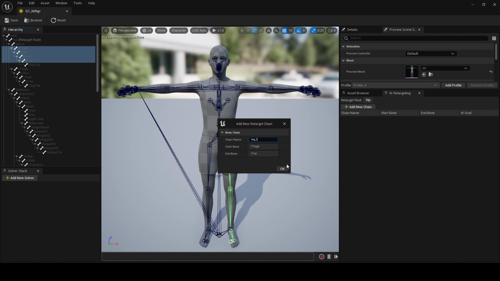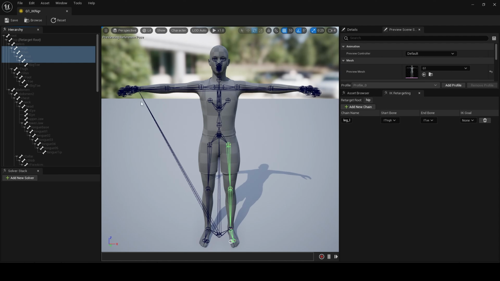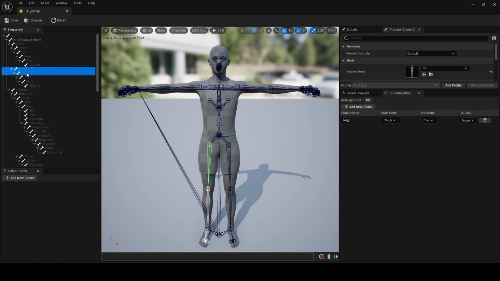You can name these whatever you want, but what I will suggest is that from IK rig to IK rig, you keep the naming convention. So for example, if I'm building one for a MetaHuman, I will keep the name Leg L for a MetaHuman. It's just the names that I've personally chosen, but please keep them the same, so that when it comes to retargeting, all the chains match up. So anyway, Leg L. Then we need a leg right,